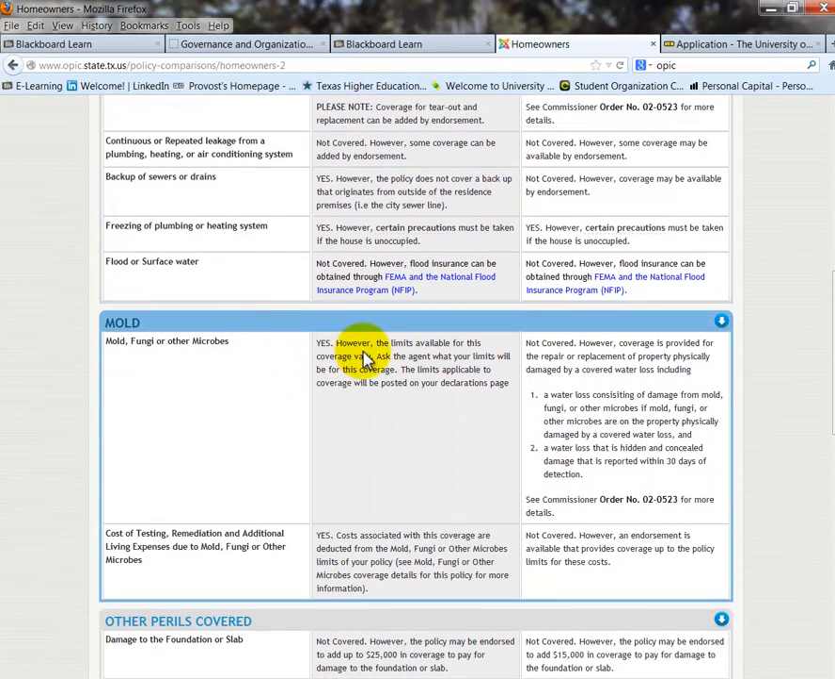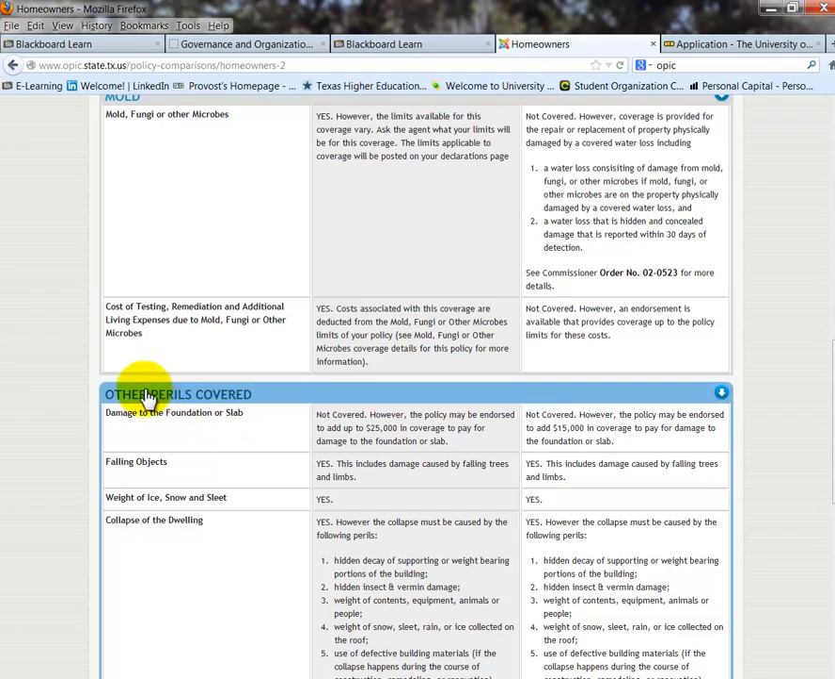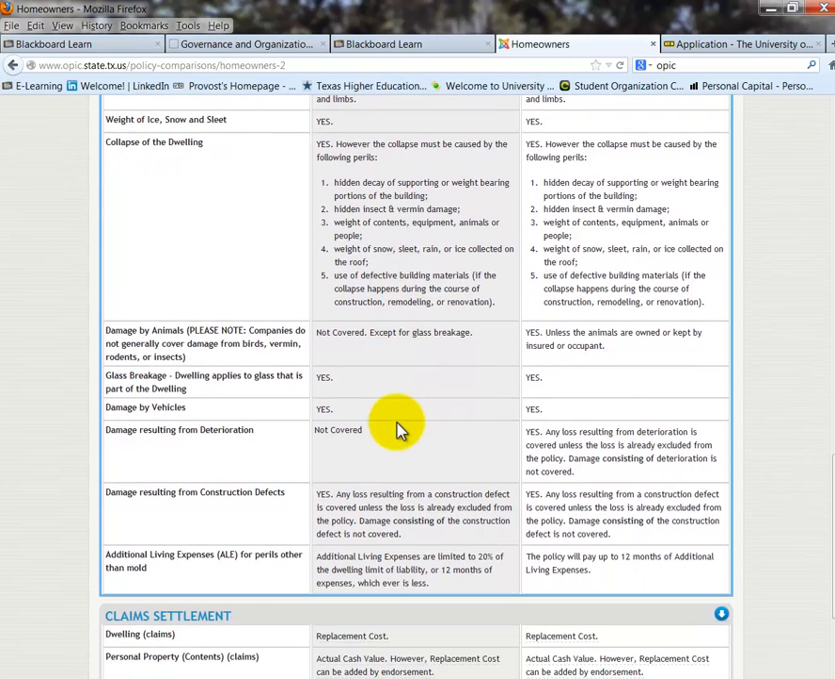Mold. Yes, however, the limits available of this coverage vary. And it says not covered. However, you could add an endorsement. This is really good because this is other perils covered. So basically what I've done here, and this isn't the best example, because some policies,